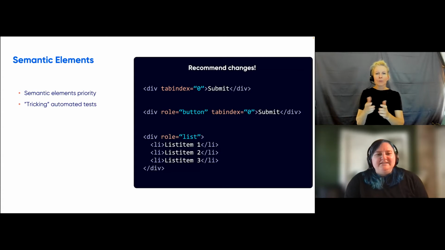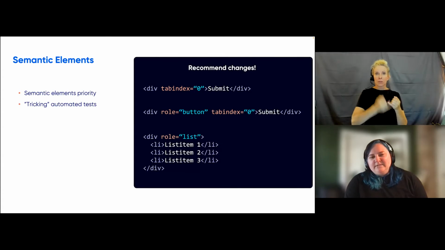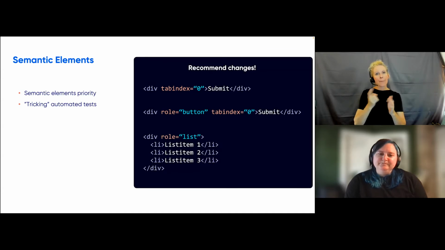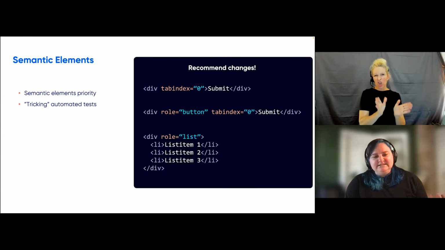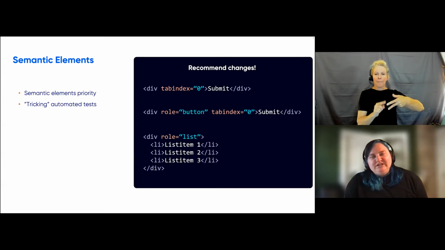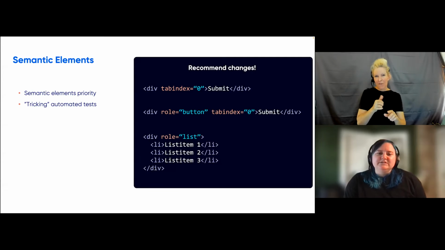And then below that, this might still get caught in an automated check, this example, but it is something, again, I have seen out there in the world. We have a div, again a generic container, with a role set to list. And then inside of that div, we have list item elements, LI elements in HTML. We have 3 of them in this example. This is a little bit cheating, and it's not going to function like you expect, right?